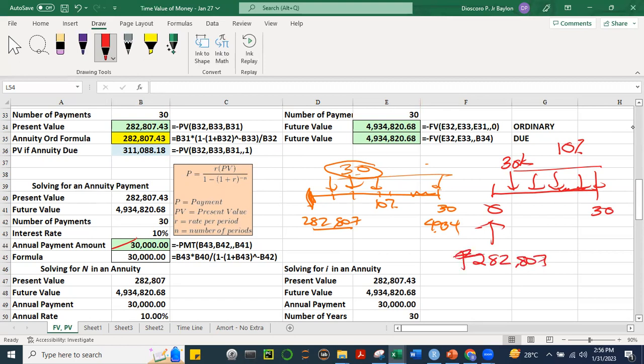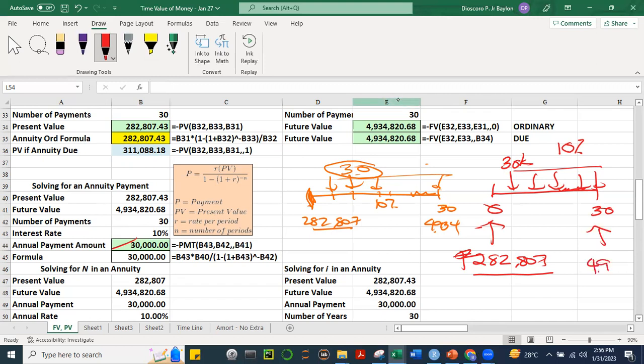So 30,000 every year for the next 30 years at 10% is equivalent to 282,807 now, which is also equivalent to, so 30,000 for 30 years is equivalent to